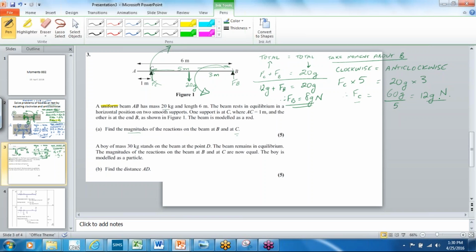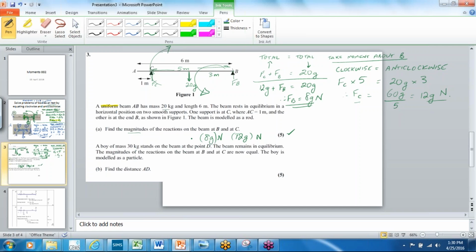Reaction at C. So C is 12G newtons, and B will be 8G newtons. Turn that into a decimal. That's worth 5. Not too bad. Now, second part of this question, there's a boy of mass 30 kilograms standing on the beam